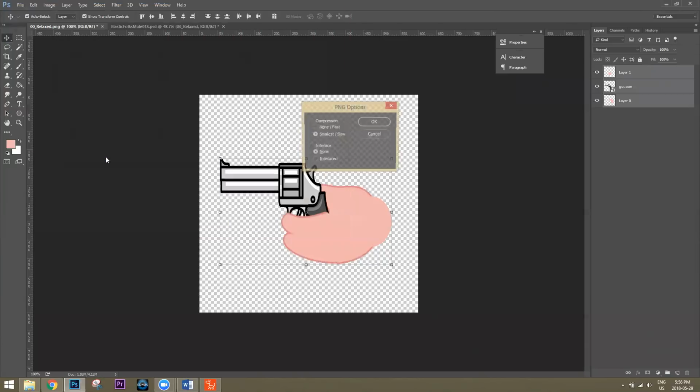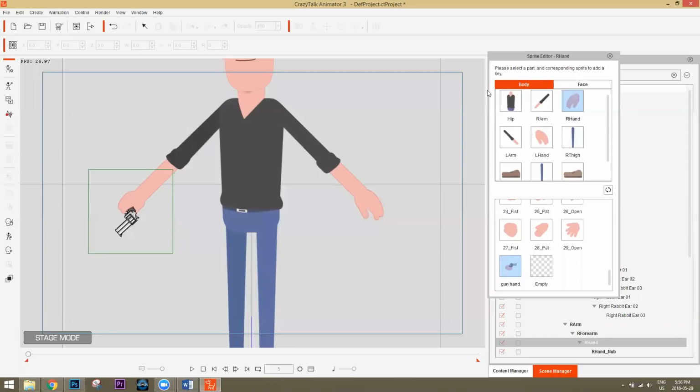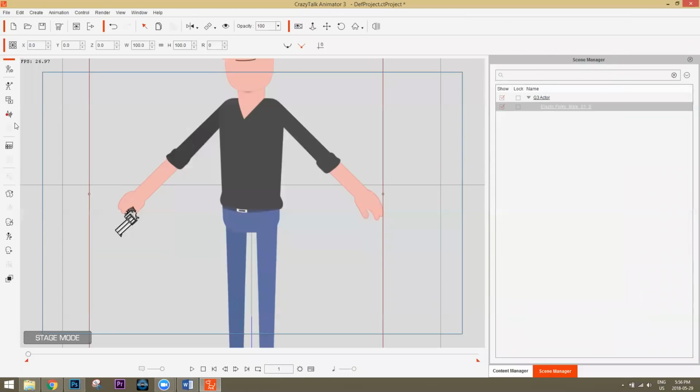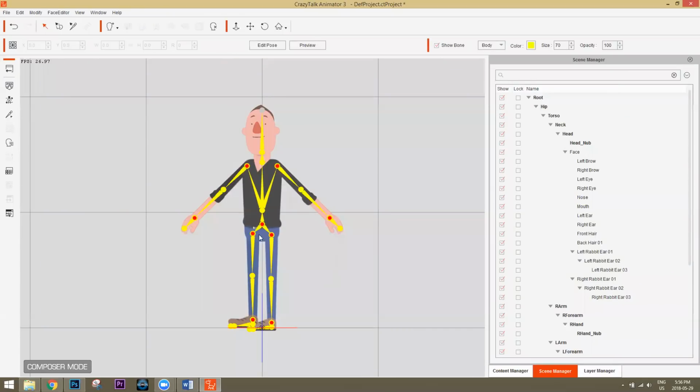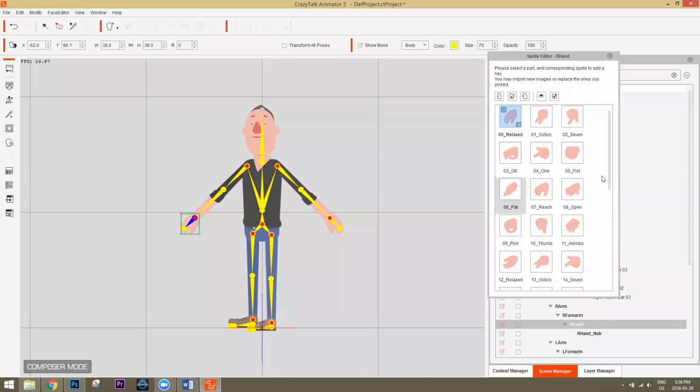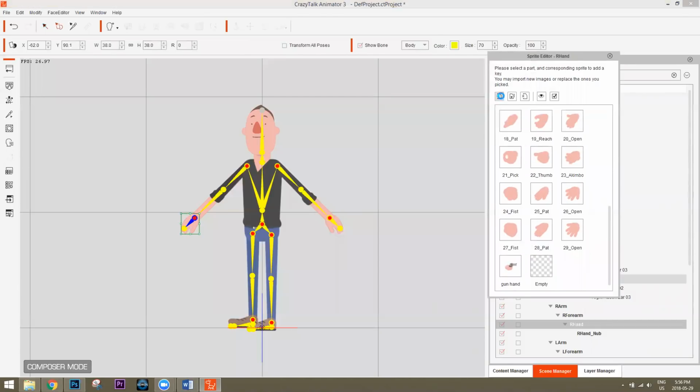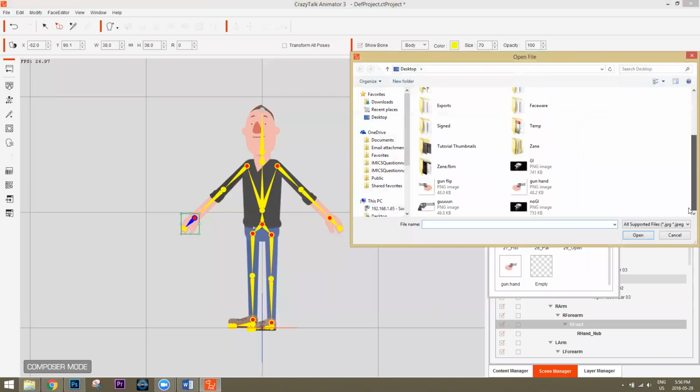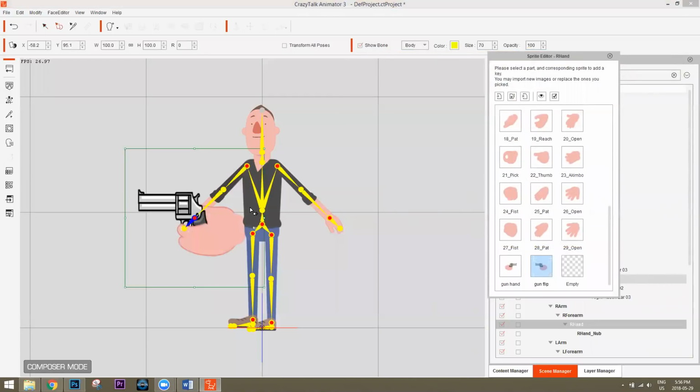Gun flip. Okay, and then in composer mode one more time, just repeat the process. Right hand, sprite editor, and add gun flip. And resize that one.